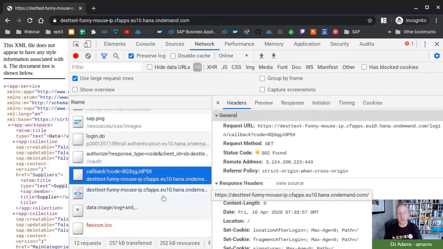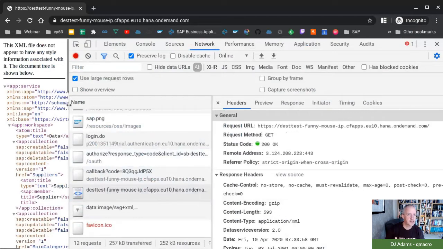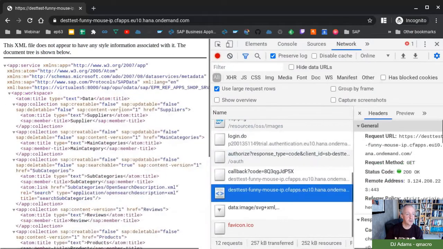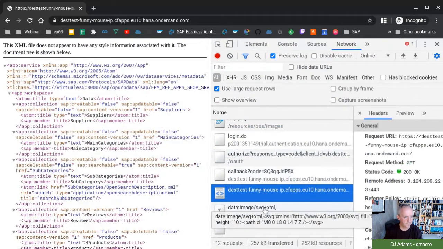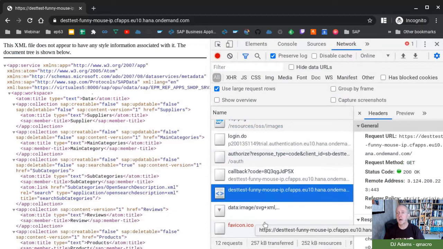So the next thing we see, of course, is content length 593, content type application XML. The next thing we see is the actual XML. Is that the metadata document? The service document, yeah, the service document of the OData service. Okay, and we get some image, and so on. That's probably from my little XML display or whatever, I don't know. Okay, so we've got